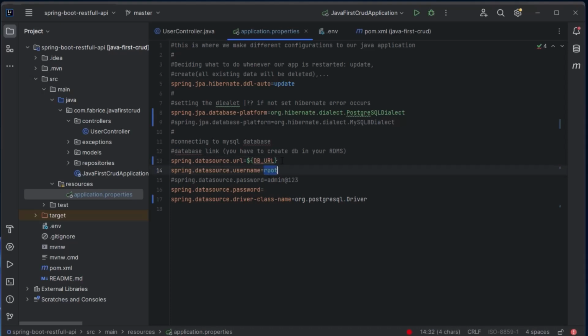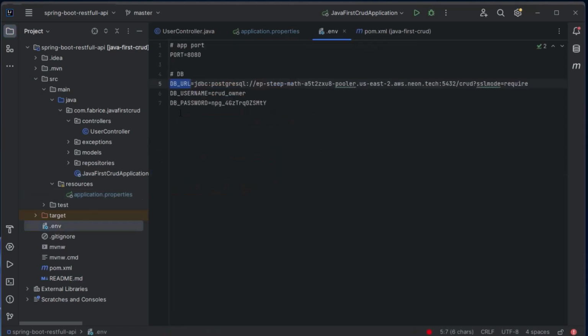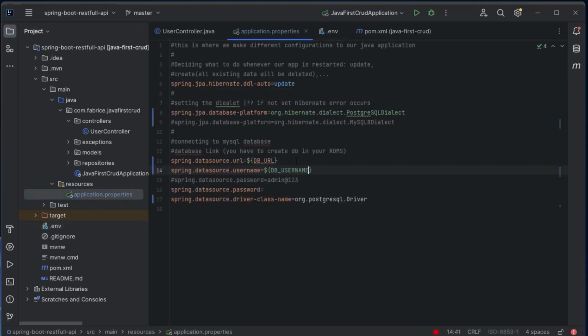For the username, let me go back here, copy this one, back here, paste.